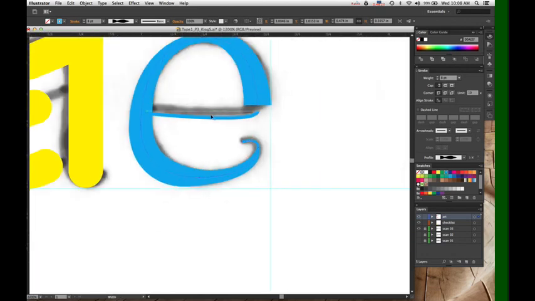So in this case, I'm going to go in, I'm going to do the same thing here with my crossbar. My crossbar is a little bit more of a consistent width. And line it up so it connects properly.